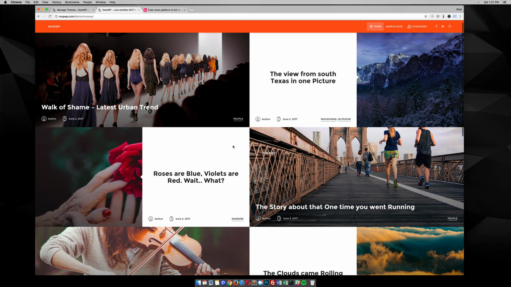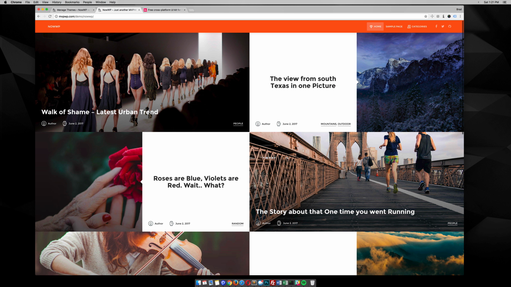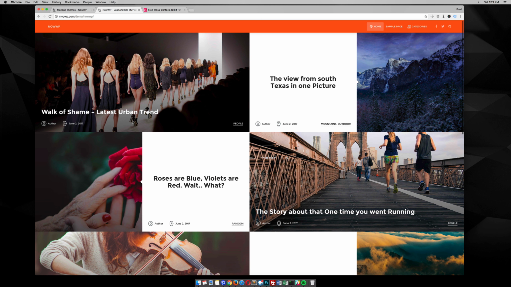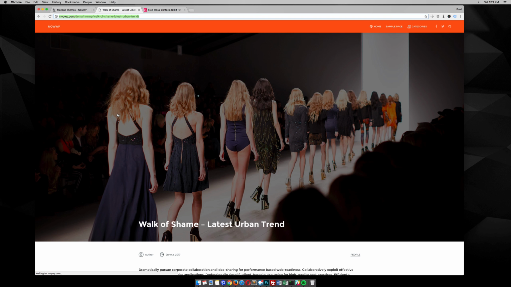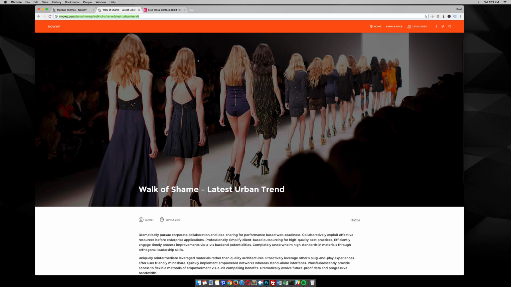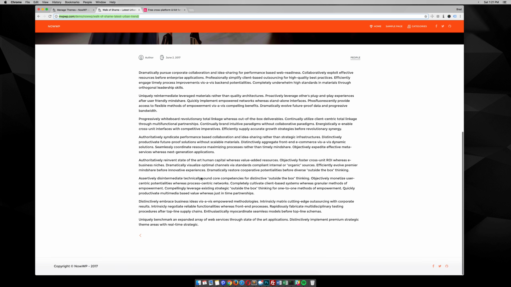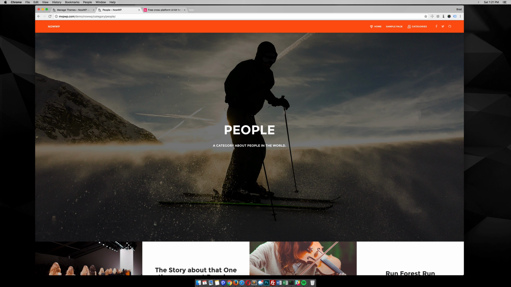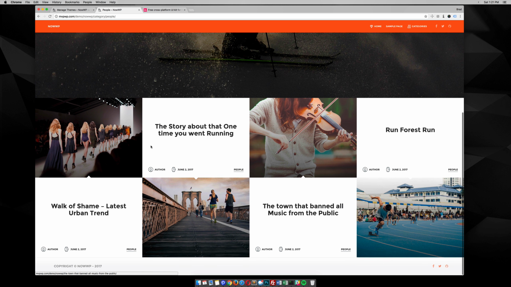So you can see here, this is the default post layout. You have these different posts as you scroll down the page. And then you can go into each one of these posts. You have this big image, the title, and then the copy of the post. You can also go into different categories. So you click on this, you can see I'm in this category page, and within this category, these are the